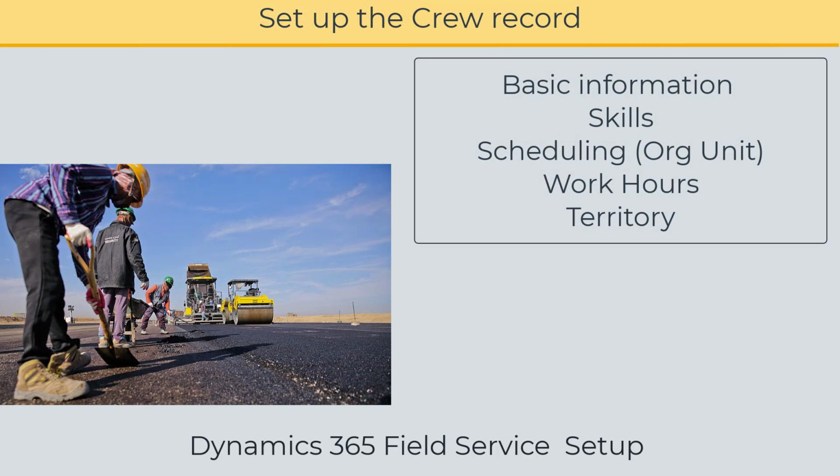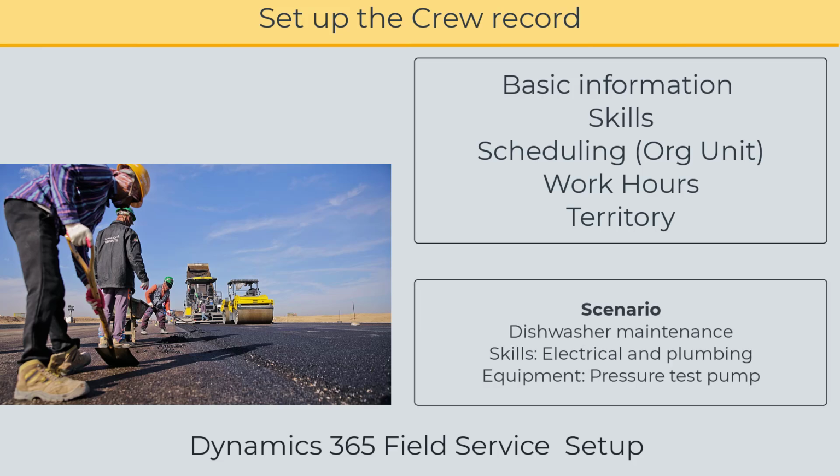Setting up a crew record entails capturing the name of the crew, selecting a time zone, and a crew strategy, which determines how the changes to a crew booking are passed through to the members of the crew. Then you need to assign skills to the crew, add it to a territory or add the territory to the crew, associate the crew with the organizational unit for scheduling purposes, and ensure that the correct work calendar is assigned